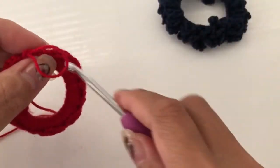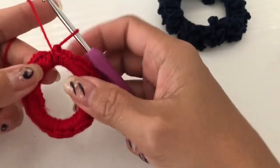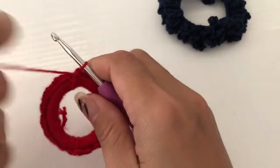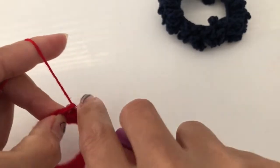Okay, guys, so I'm back. I have done it, so that is full. And then what we're going to do is slip stitch in the first chain,